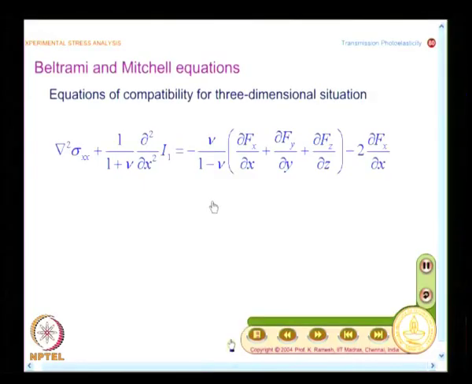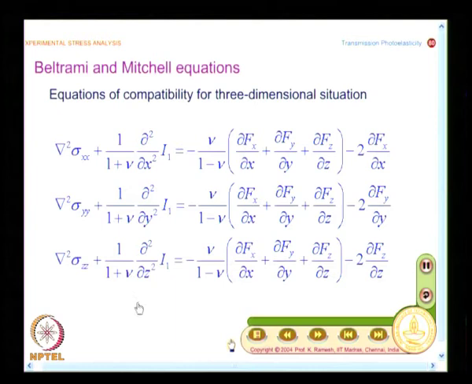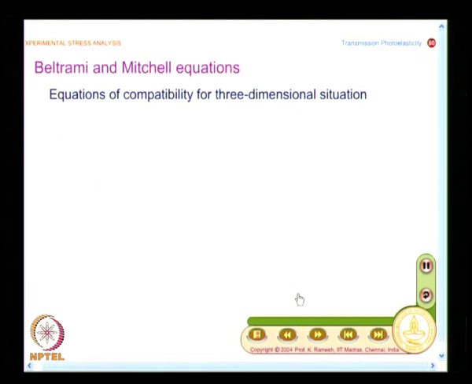And I have 3 such equations. Actually you can go back and fill those in. One is for sigma xx, another is for sigma yy, and I think I will leave that as a home exercise. You just have a look at it in the class, but go and develop it because it is all cyclically repeating. So, I will have another 3 sets of equations which are also cyclically repeated.